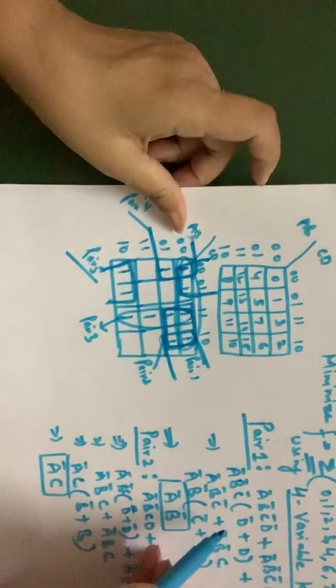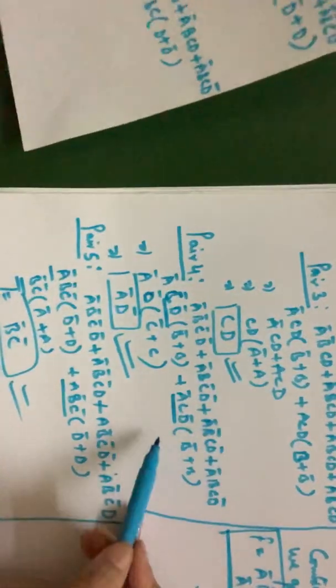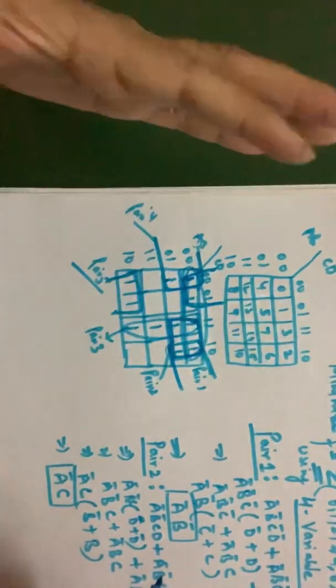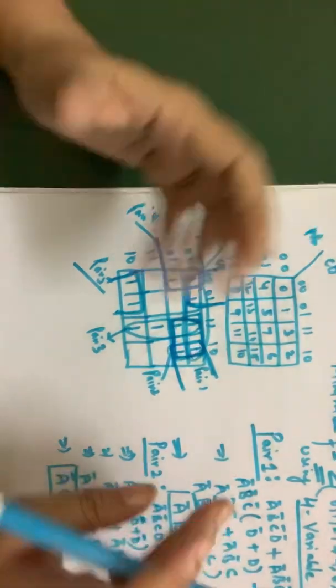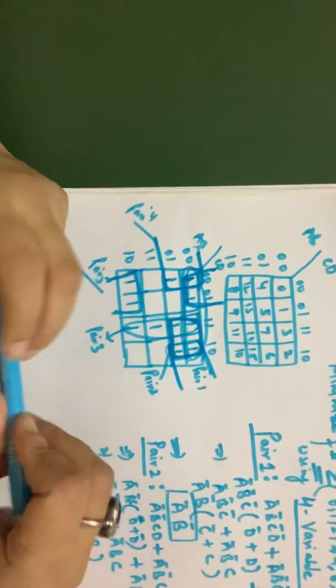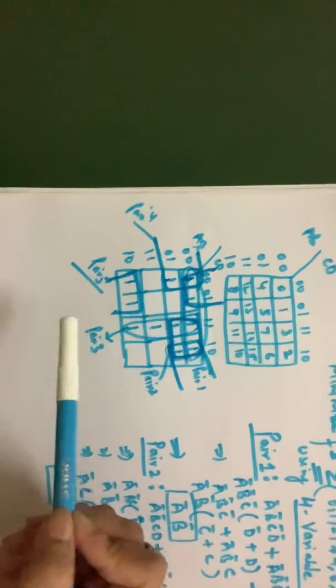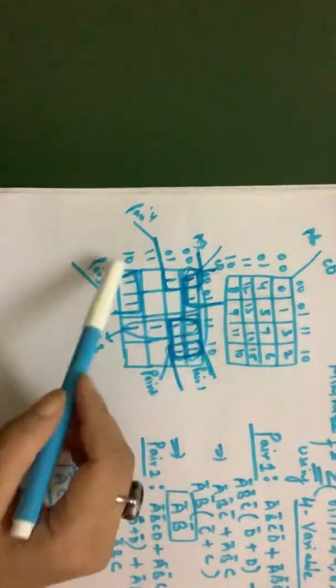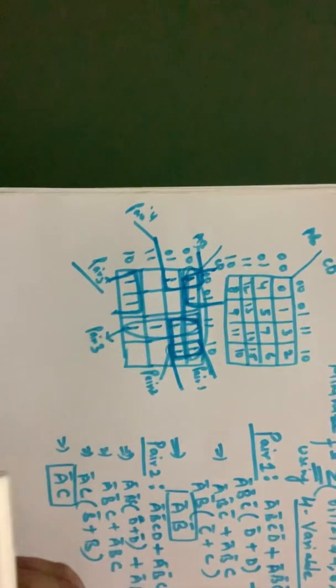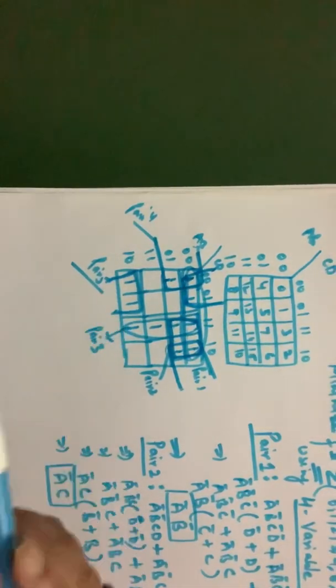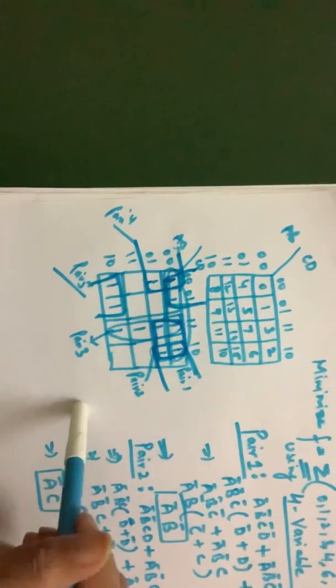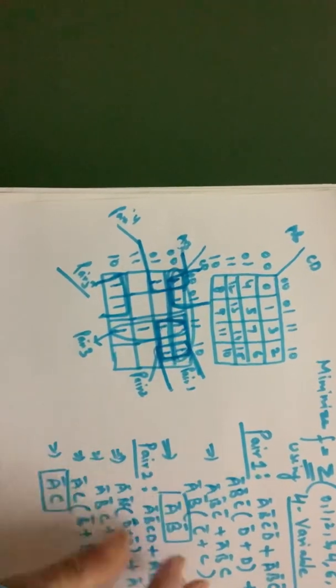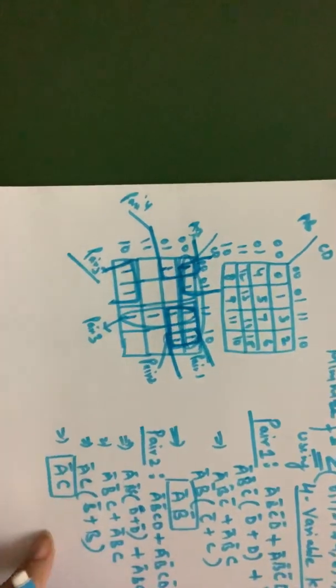So this is pair 1, pair 2, pair 3, pair 4, pair 5, combining all pairs. Always remember that we need to make groups of 4 first if possible, and see whether ones overlap each other, from top to bottom, bottom to top, right to left or left to right, and make maximum grouping. In this case we have 5 groups of 4 ones. We identified 5 pairs with 4 ones each, and minimized the problem using K-map.